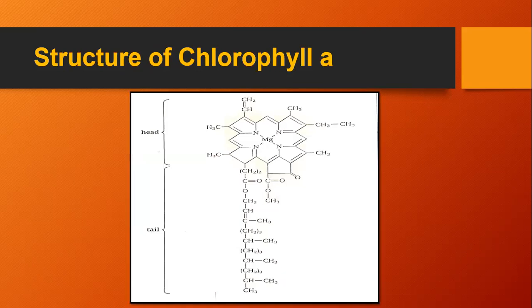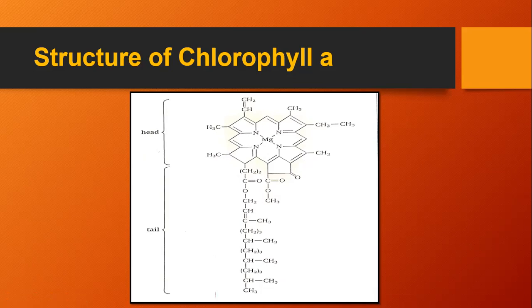Then you can see over here, no need to memorize the structures. Even their description is not required in the syllabus. We need not tell what is the head portion and what is the tail portion. This is just to show the structure of chlorophyll A molecule. But let me just describe it a bit. You can see this is the head portion and this is the ringed structure, and this ring structure is called porphyrin, right? The porphyrin ring has the same basic structure as the heme group of the blood pigment hemoglobin.